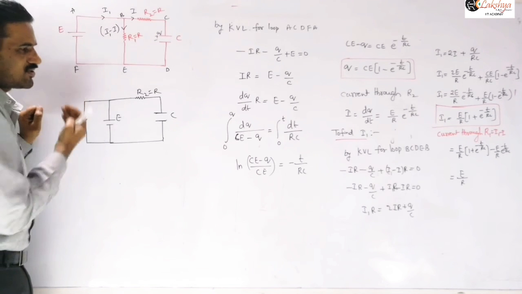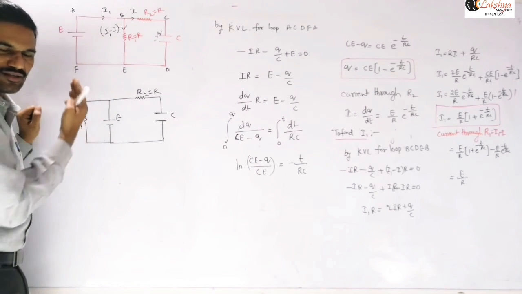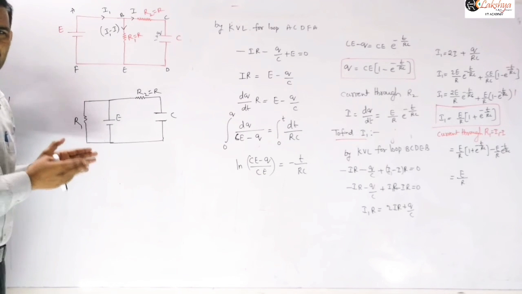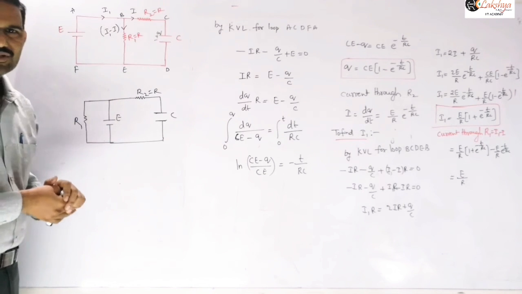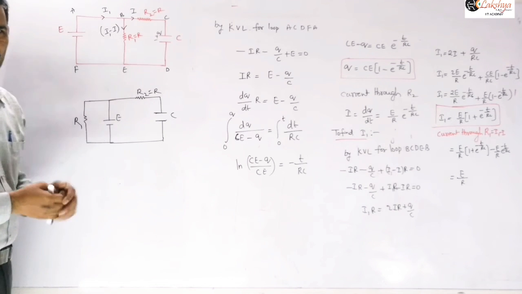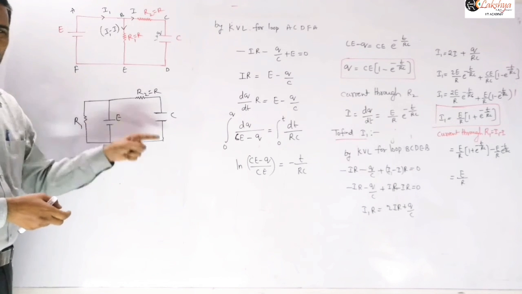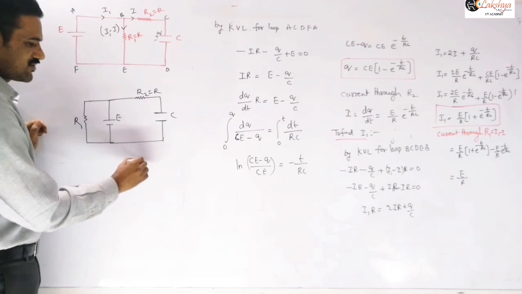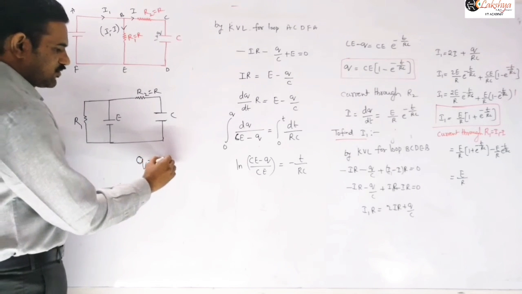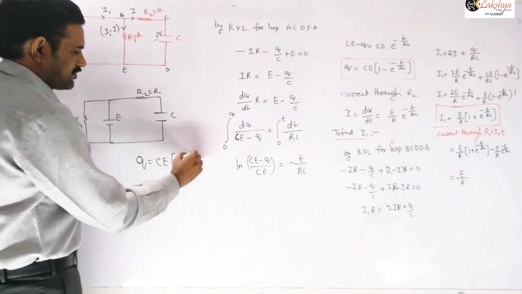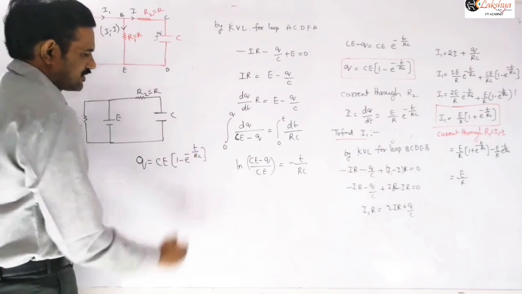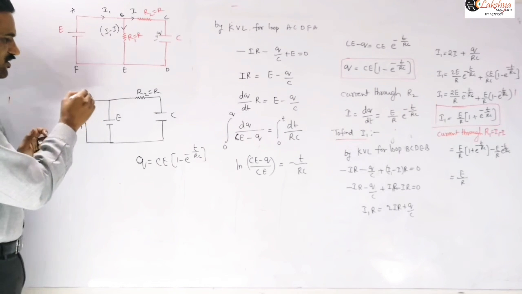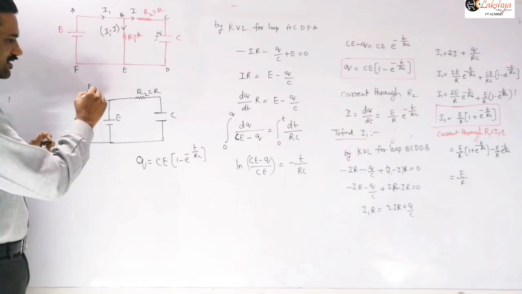So if you observe the circuit carefully, you can redraw the circuit like this. Once you are able to identify this circuit, is this much calculation required? Not at all, right? This is nothing but our standard RC circuit only. So directly you can write the charge expression as Q is equal to Q naught, which is nothing but 1 minus e power minus t by RC. And this resistance will be directly in parallel with that, so the current flowing through this resistance is E by R, you can write directly here.